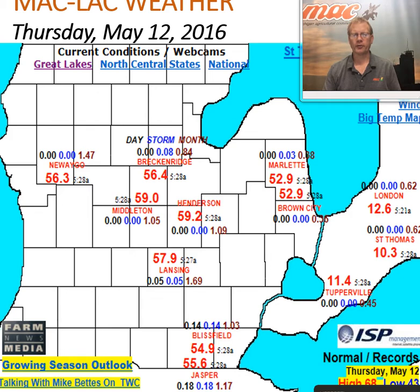You can see temperatures very nice out there this morning, anywhere from the low 50s to the upper 50s. And we got a nice warm day coming up with highs well into the 70s for most areas. We're also going to see a cold front move through the area here late, and that's going to bring some showers and some thunderstorms. Right now, the best bet looks for the stronger storms and the best chance for those storms to be across eastern and southeastern lower Michigan over into southwest Ontario, where some of those could be marginally